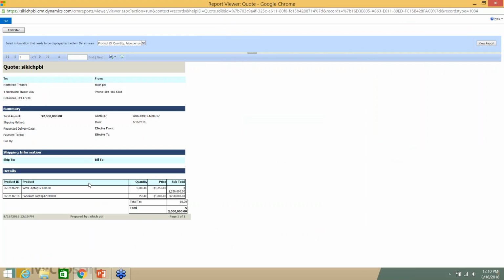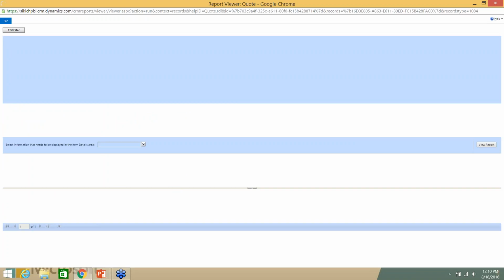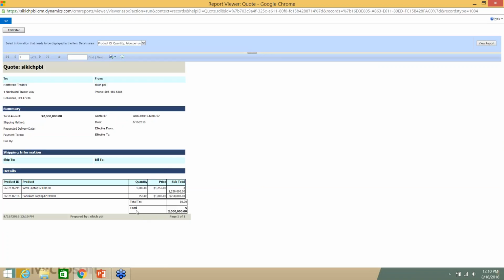But again, this generates a quote for me that I can export to Word, export to Excel. I can even filter off of different criteria. Maybe I want to show the discount now in this particular report. Just click on refresh, and if there's a discount that was associated, it would now show up as a line